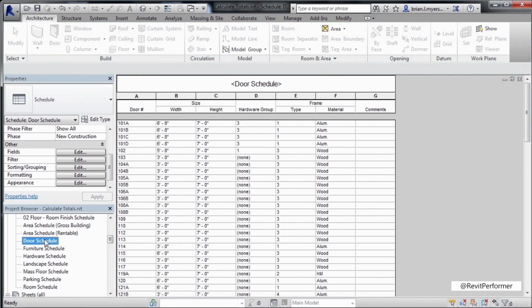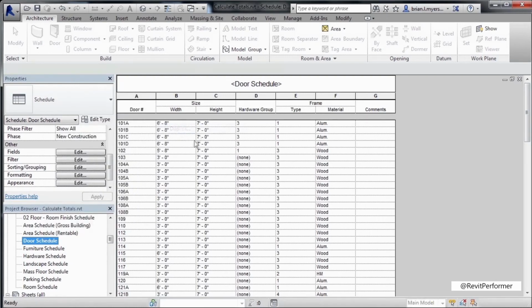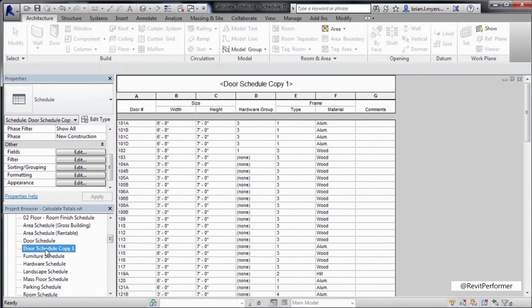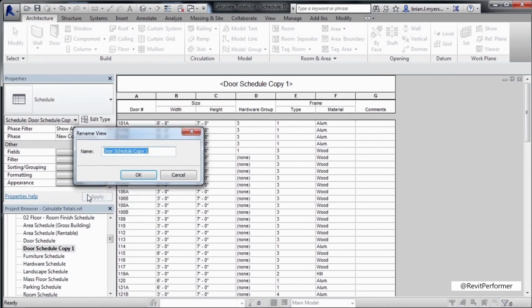So to set up that schedule, underneath the project browser, select Door Schedule, right-click, and then come up here to Duplicate View, and then click Duplicate. Now, in this new schedule that we just created called Door Schedule Copy 1, I'd like to rename it. So let's select Copy 1, right-click, and go to Rename. Let's get rid of the Copy 1, and I'm just going to type in quantities,